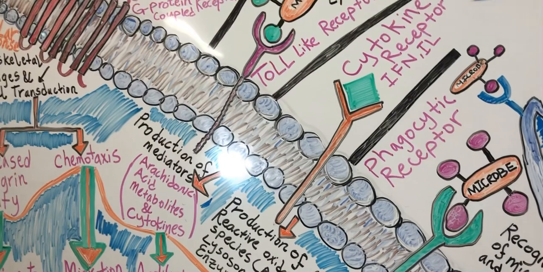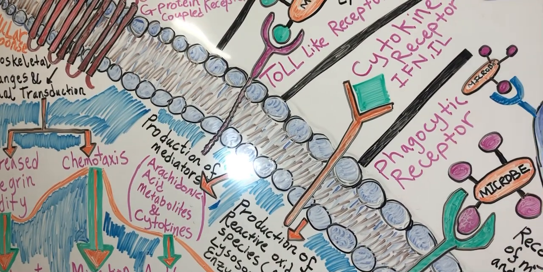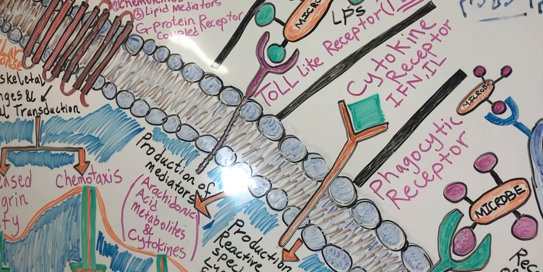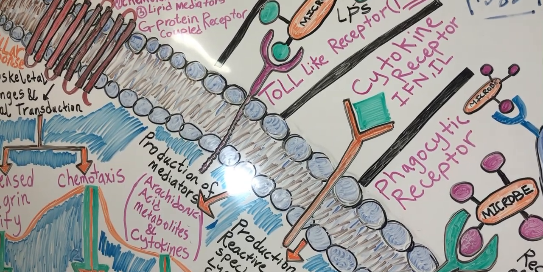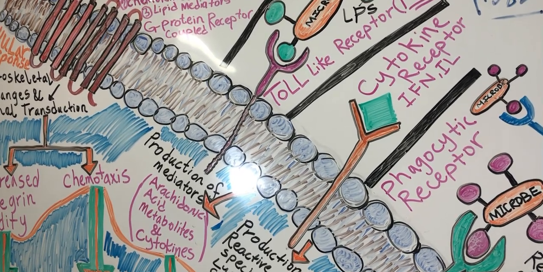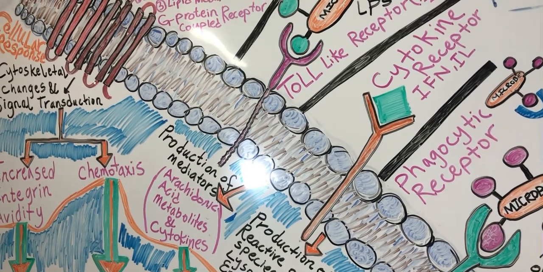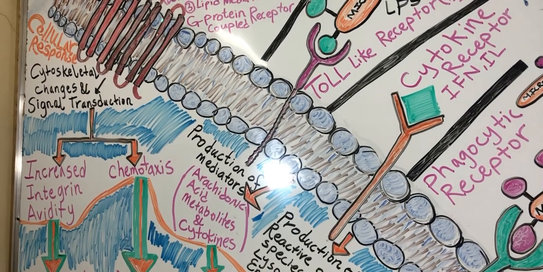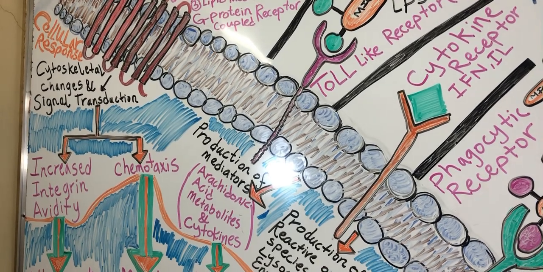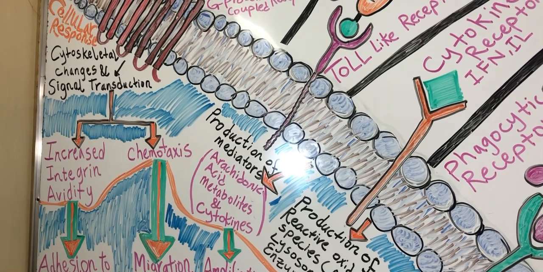The G protein linked receptor has seven transmembrane domains, and it binds N-formyl methionine, which is found on the surface of bacterial cells. It also binds chemokines and lipid mediators, and that leads to an intracellular cascade that culminates in recognition of the bacteria and chemotaxis, moving towards the site of